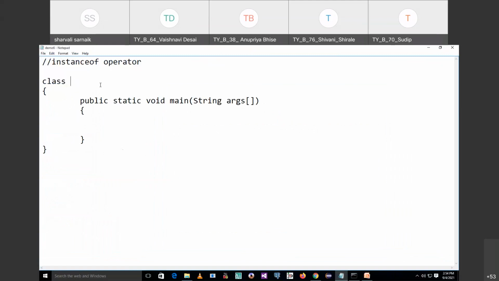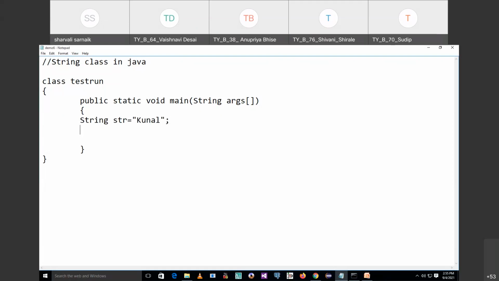Now I am taking one class, and I have given the class name as test run. We are seeing string class methods in Java. I have given a statement as public static void main string args. In that I'm declaring and initializing two strings. So I'm writing string str is equal to, let's take a string as Kunal, and